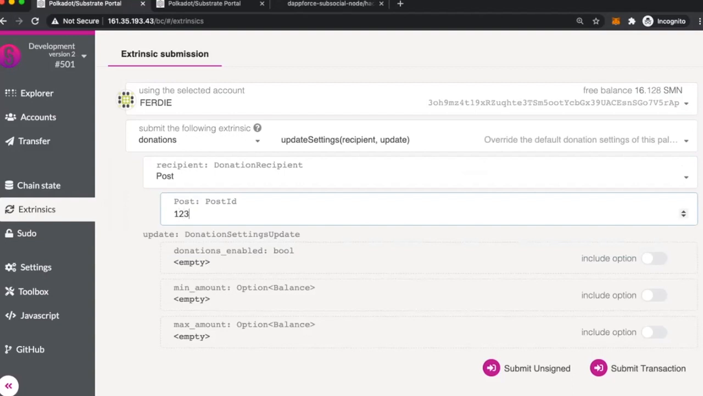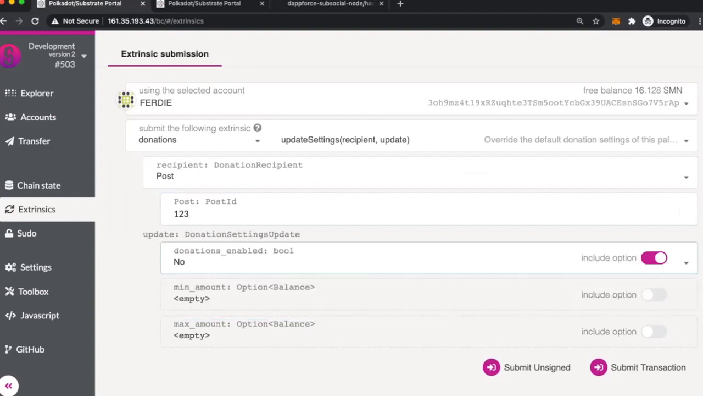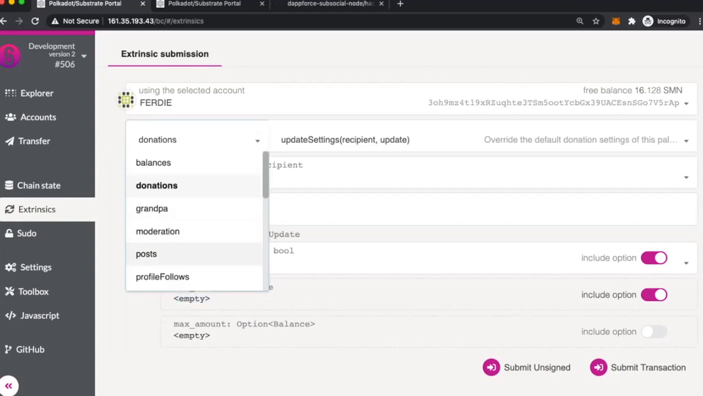For example, for post 1 to 3, you want to say that donations are enabled or disabled, and then you can specify the minimum balance amount for this or maximum amount that can be accepted. If amounts are not specified, either each of them, or one of them, it will not be checked. So the last pallet is